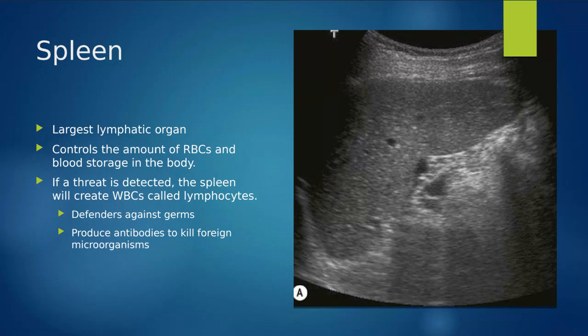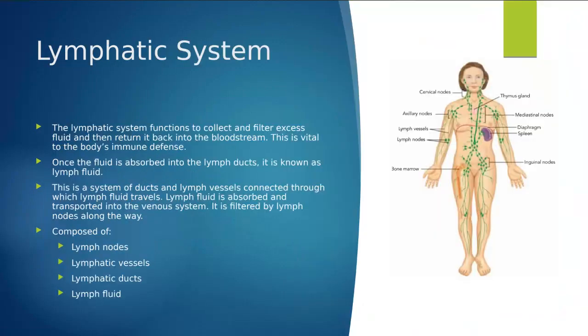I'm not going to let it enter into the host anymore, right? So we have that natural line of defense because we've already had a previous exposure. So our spleen is going to be very important in our lymphatic health and then therefore our immune health as well. So the lymphatic system, again, we've kind of talked about this a little bit already, but the lymphatic system